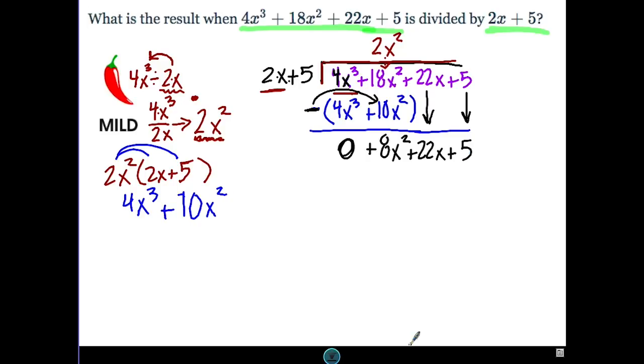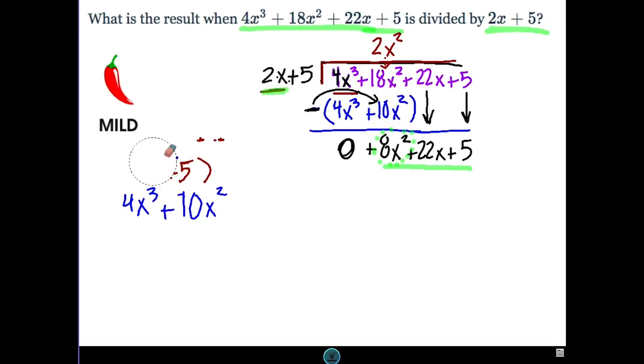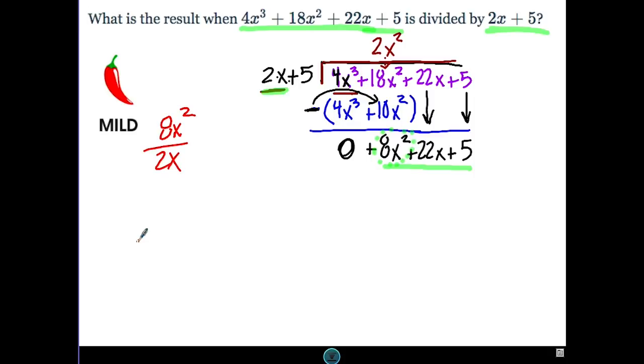And now we're going to repeat. Our dividend is now down here. This is our dividend. And we still want to use the first term and first term. And we're going to repeat this process I just did over here. I'm going to erase this. This can either be done in your head or on a piece of scratch paper. We're going to take 8x squared. We're going to divide it by 2x. It goes in there 4x